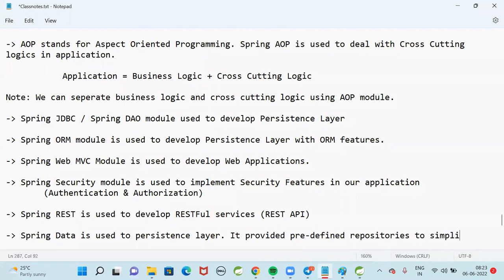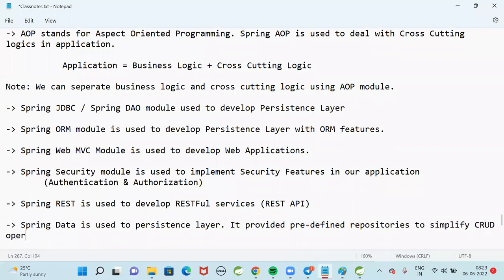To simplify CRUD operations, you don't need to write the logic to perform them. There are predefined methods available. You can use those methods to perform CRUD operations for your application. Spring Data is used to develop